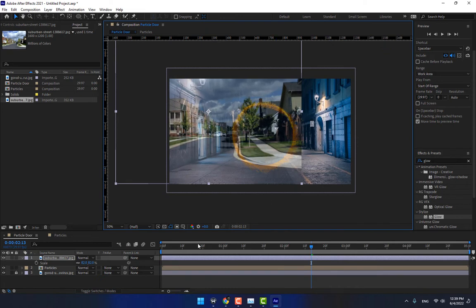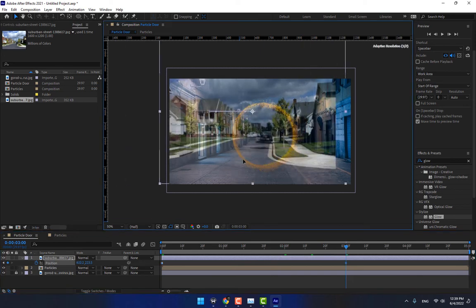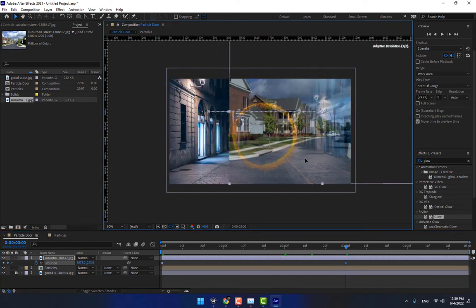Okay, press P for the position, stopwatch, go to in 2 seconds or 3 seconds, move the image like this, like this,